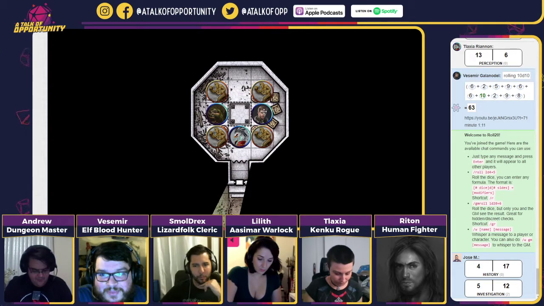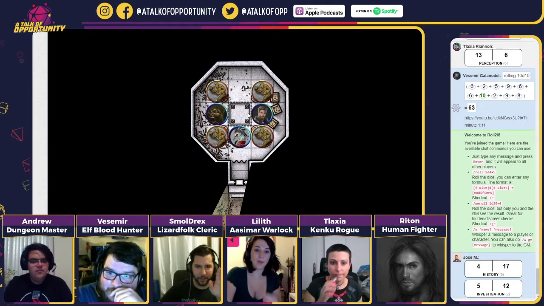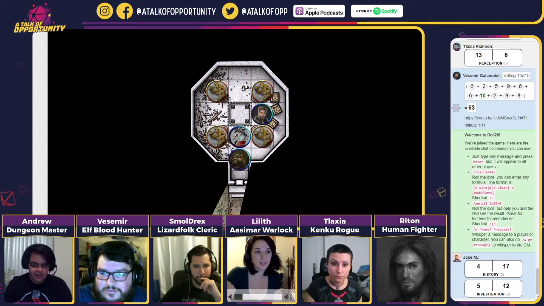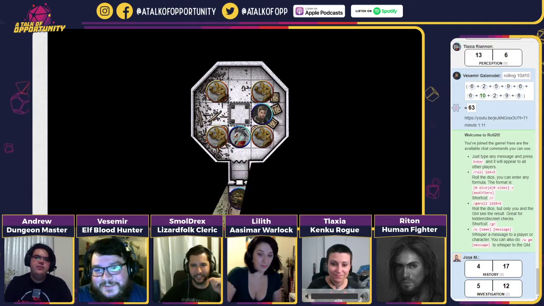Can one of you, Lilith or Talaxia, fly up into the hole up there? That's what I wanted to do, but I wanted to know if it's cool with everybody, because it will probably alert whoever's at the top of the tower. You would know from your adventures, though Vesemir wouldn't because he rolled poorly on his history check, that golems mainly do one of 2 things. They either provide security,